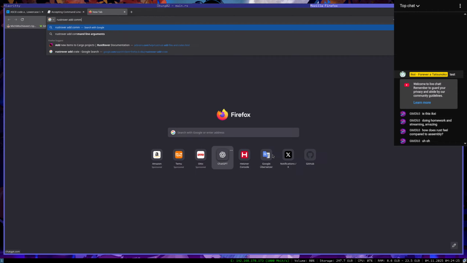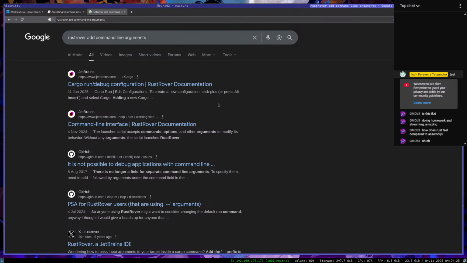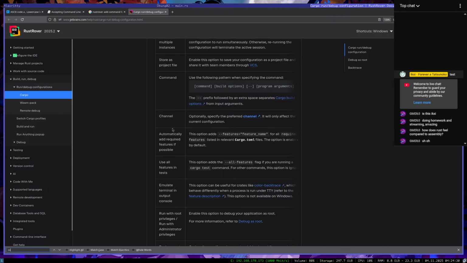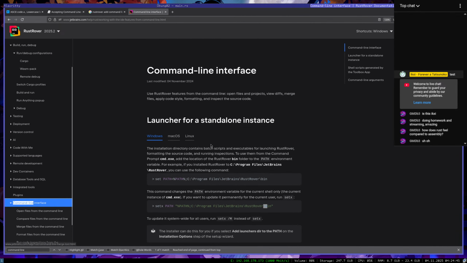RustRover add command line arguments. Command. It's on the one down here.